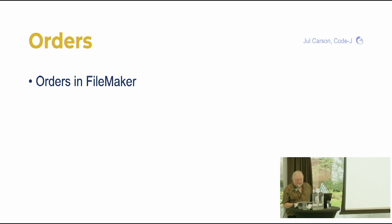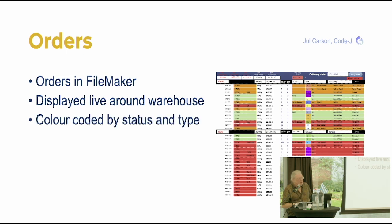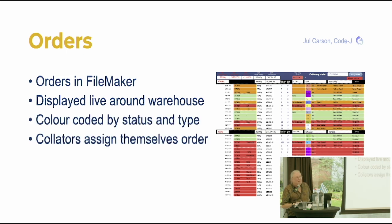Everything that comes in is an order. They come from the website mainly, but sometimes they're entered by hand, but they all end up in the FileMaker system and they're displayed on screens around the warehouse. There's about half a dozen screens around the warehouse which have got all the orders in. They're color-coded so people can see what status they are, and they can see all the other important information such as what type of order they are, for example, a courier order or